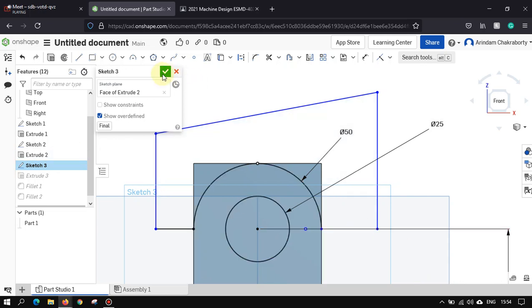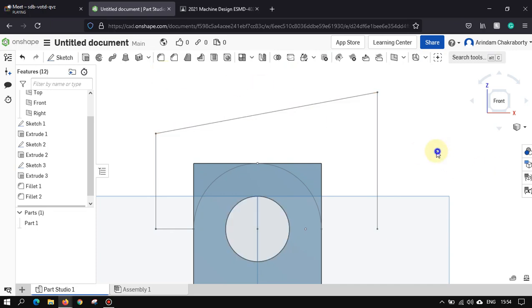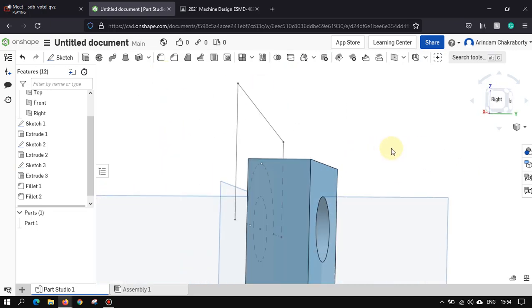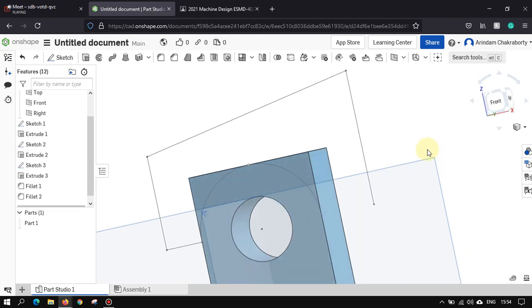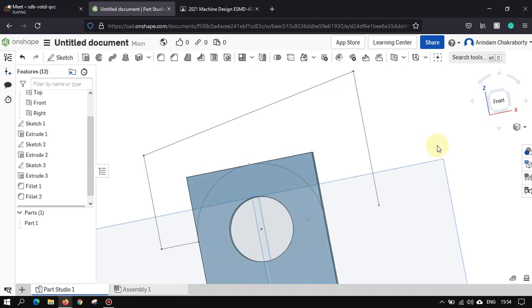Now, can you observe the difference? Can you observe the difference? That means for any part of deletion, for any of the commands to work, you need to have a closed surface, because the computer will not understand.